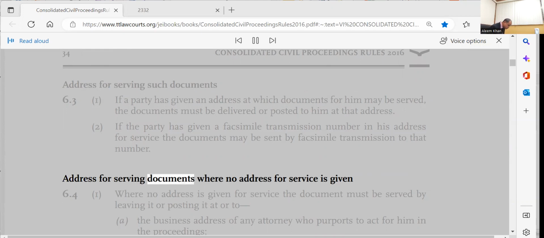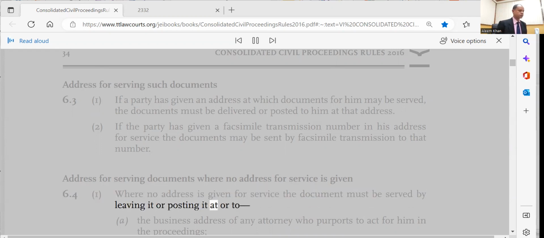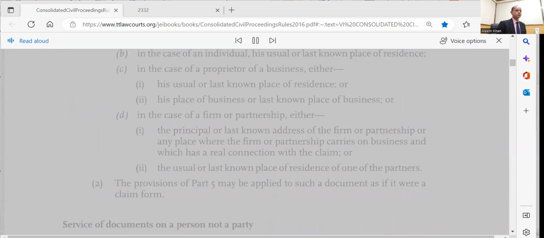Address for serving documents where no address for service is given. 6.4 (1) Where no address is given for service, the document must be served by leaving it or posting it at or to (a) the business address of any attorney who purports to act for him in the proceedings, (b) in the case of an individual, his usual or last known place of residence, (c) in the case of a proprietor of a business, either (1) his usual or last known place of residence, or (2) his place of business or last known place of business, or